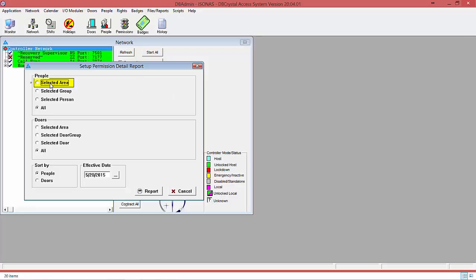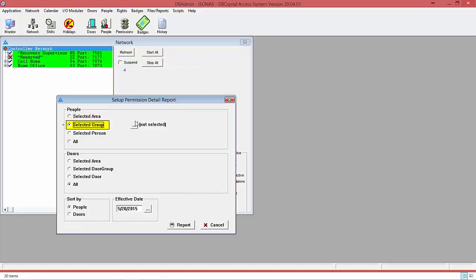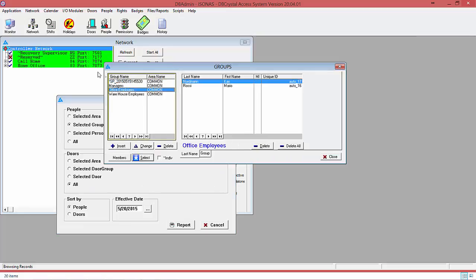So if we want to see just the permissions for people in a selected area, a selected group of people, or just one certain person, or we can just run it against all people. And then we can see permissions that are assigned to a selected door, a door group, or again, a selected area. And we can sort it by people and doors, and we can choose an effective date that the report is run against. So if we want to see all the permissions assigned to office employees